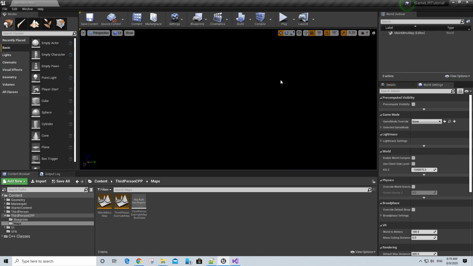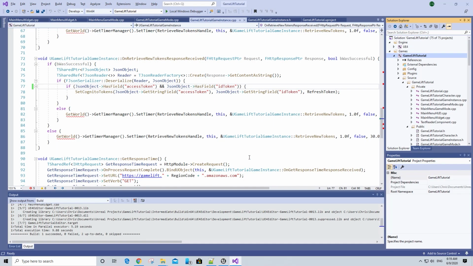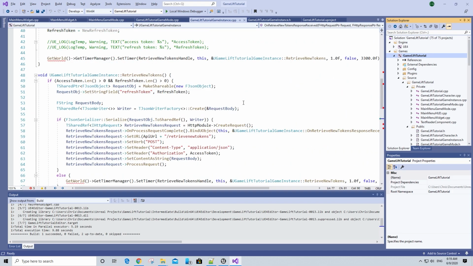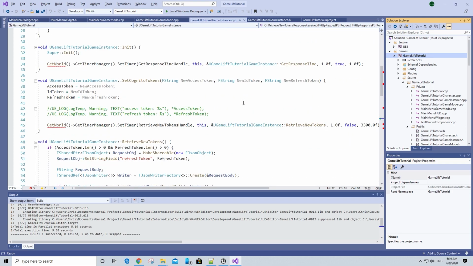The only thing that I couldn't test directly was the refresh token, or retrieving new tokens, since the interval right now is every 55 minutes. But if you do want to actually test it again, I don't think it's really necessary. I think we can just go on our gut instinct and say that the onRetrieveNewTokens response receive function still works. But if you do want to change it, if you go to the setCognitoTokens function,